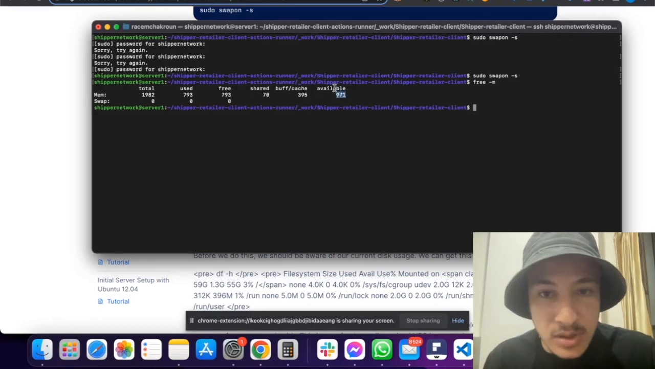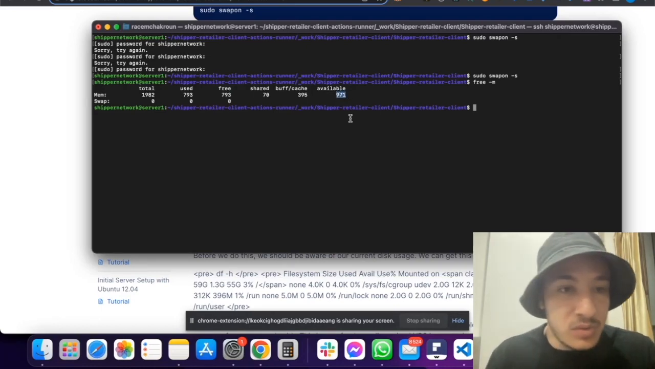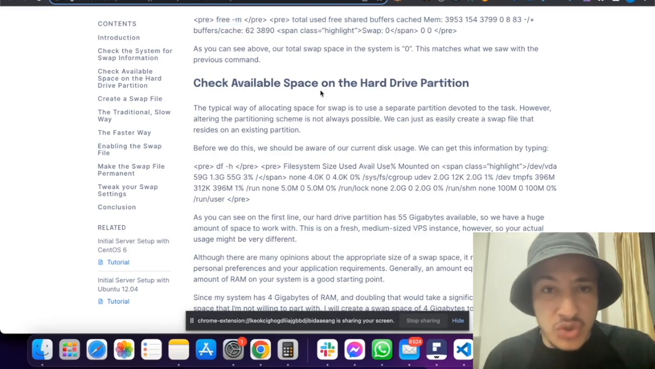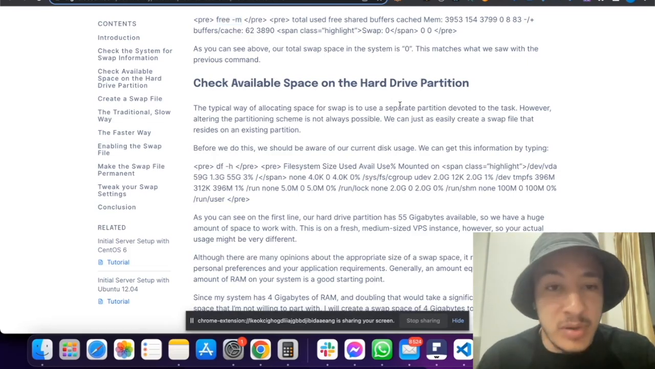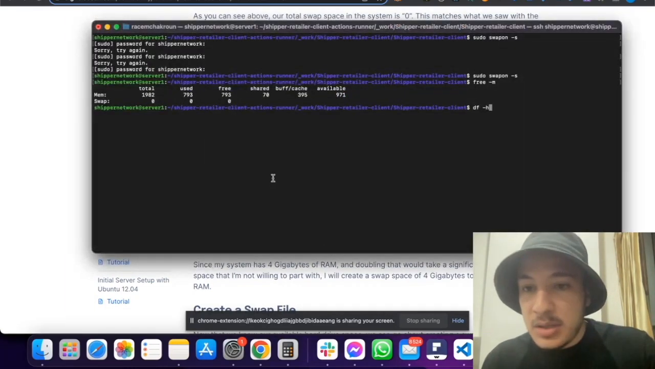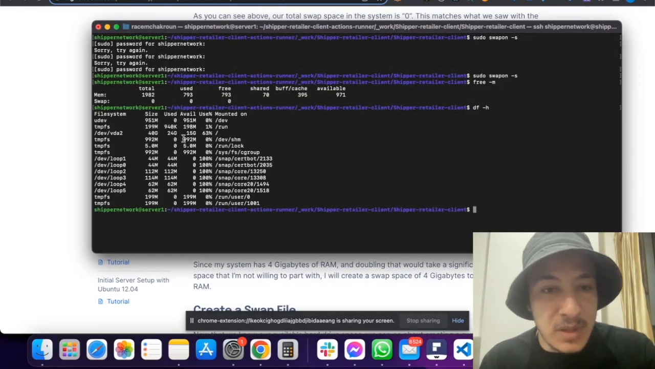So the available here is 971 megabytes. All right, so here we have to check the available space on the hard drive partition. We can run this command to check the available space. As you can see here, we have 15 gigabytes available,